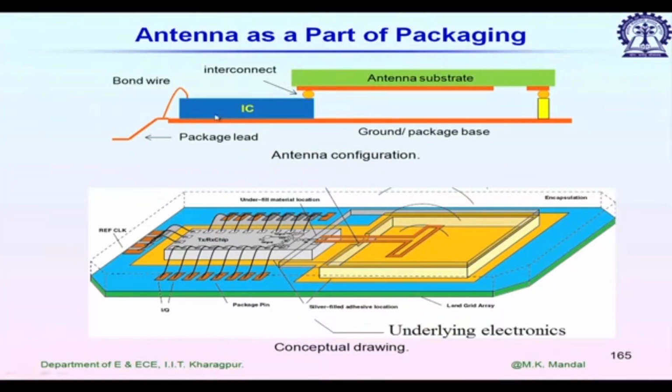So, finally, how it looks when we go for integration. This is a scheme suggested by IBM. So, let us say we have the integrated circuit here on silicon, then antenna, it is being fabricated in laminates. So, this is not on chip antenna, but antenna as a part of packaging, and the antenna radiator is connected to MMIC by using flip chip attachment in this particular example,